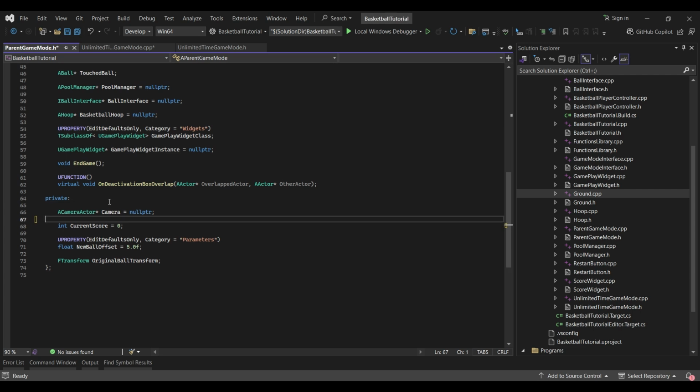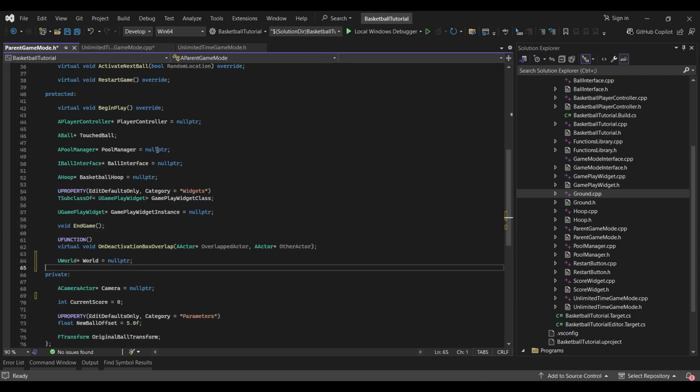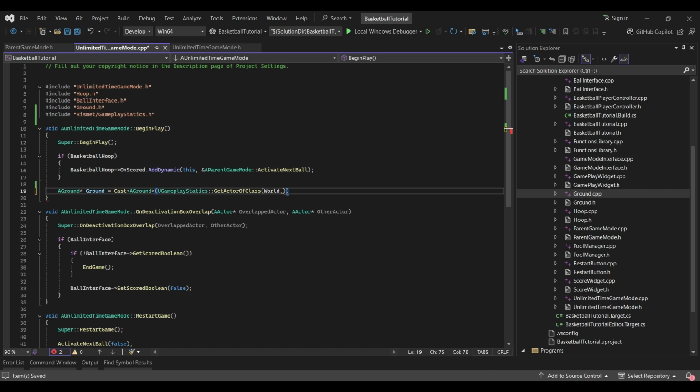Let's make this inside the protected. Okay, so world and the class is